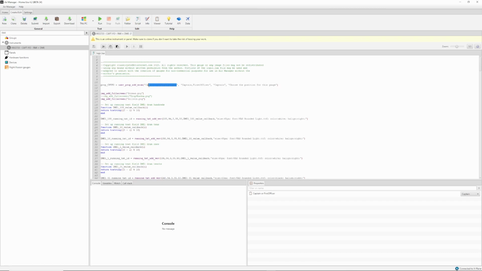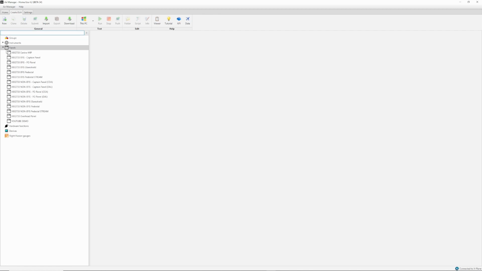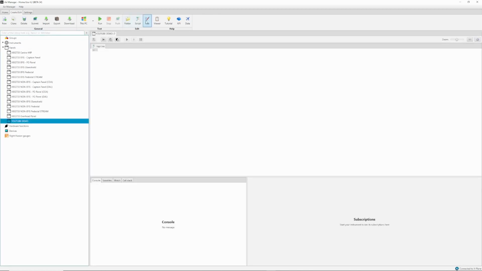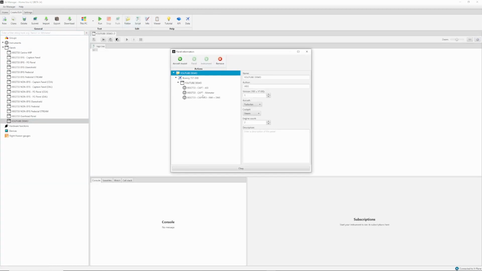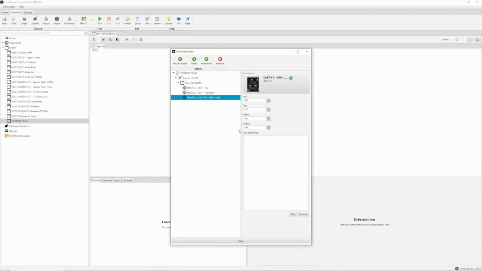So if you highlight that, Captain or First Officer, go to Control C, which is copy, go back to my panels, select my demo, open that up, go back to the RMI DME, and now I want to add a user property. So I go add, just paste in Control V, Captain or First Officer, and if I make that Captain,